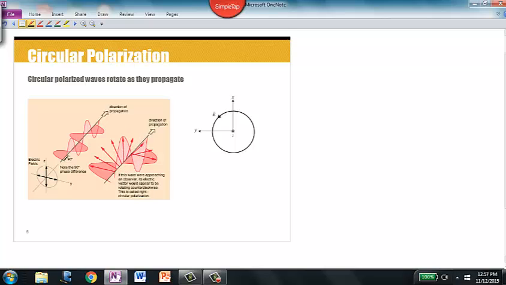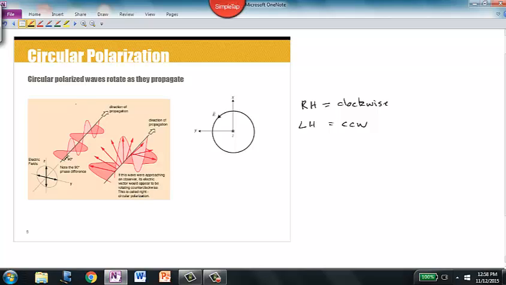There are two types of circularly polarized waves, depending on which direction the E field is spinning. There is right-hand circular polarization when the E field vector is rotating in the clockwise direction. So right hand is clockwise. And then I think you could probably guess the other type of circular polarization is left hand, and that's when it's counterclockwise. Circular polarization for antennas is actually fairly common, so this is a concept that, at least right now, you need to understand that there are two types of polarization,